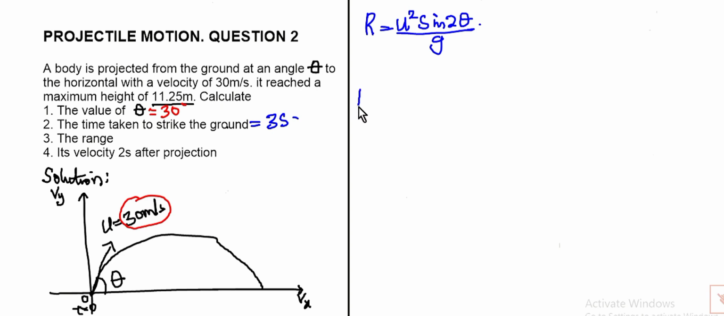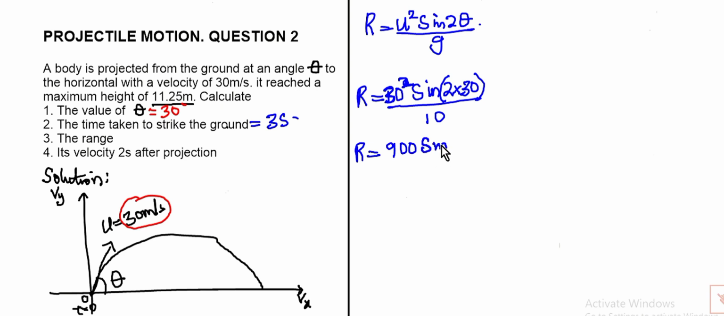All right. Therefore, I'm going to say that R is going to be, u is 30, so this is 30 sine 2 times the angle there, which is 30, all over g, which is 10. So R is given as, oh sorry, this is 30 square, not 30 degree. So this is going to be 900 sine 60 all over 10. This 0 cancels this 0. So we have that R is 90 sine 60 degrees. So 90 sine 60 is given as,